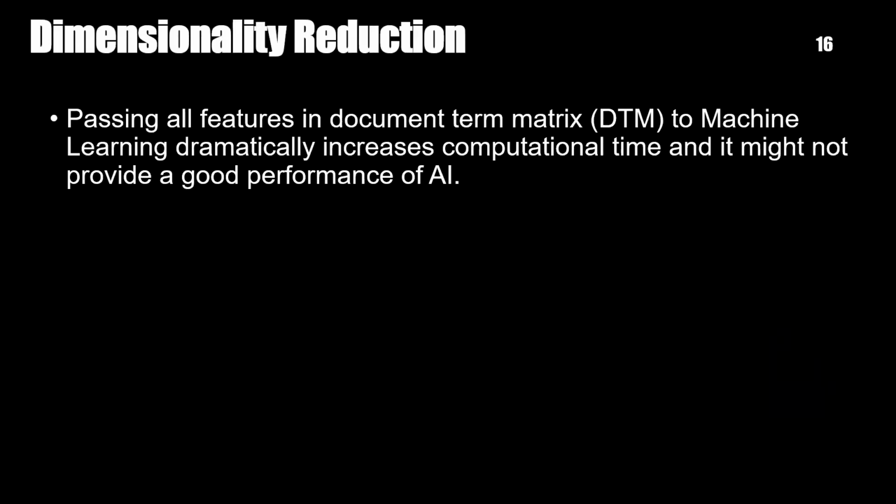As you can guess, the document term matrix is going to have a very big dimension because we consider all of the tokens. And this is not just about size. In a lot of machine learning models, when we have a lot of features, passing all of the features to the model is not a good idea because it can